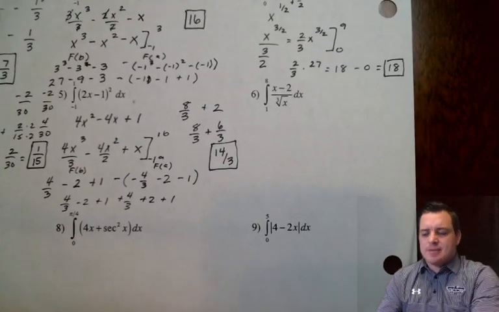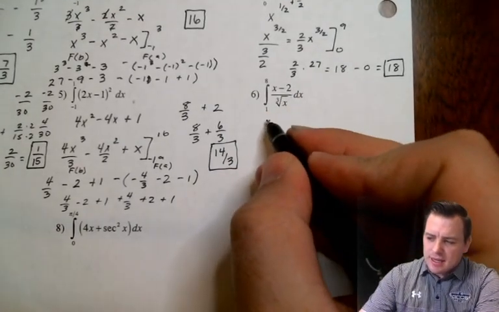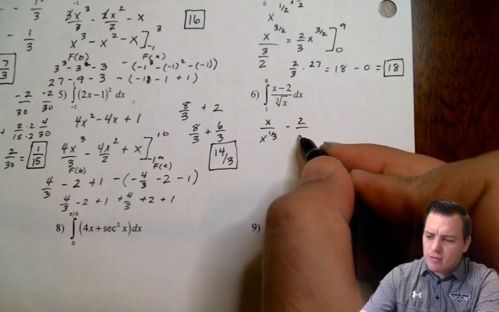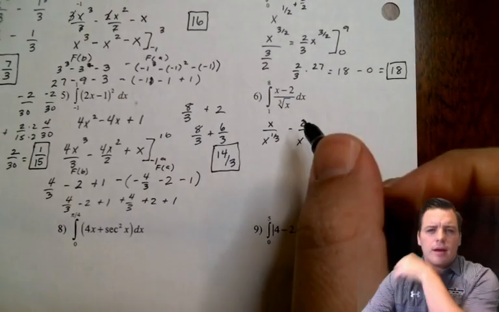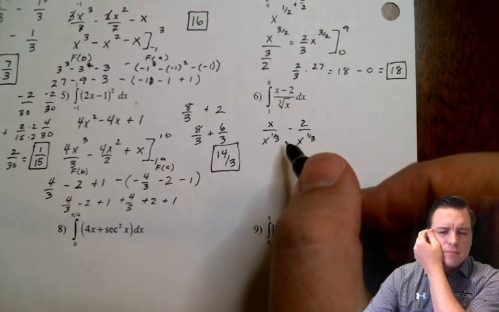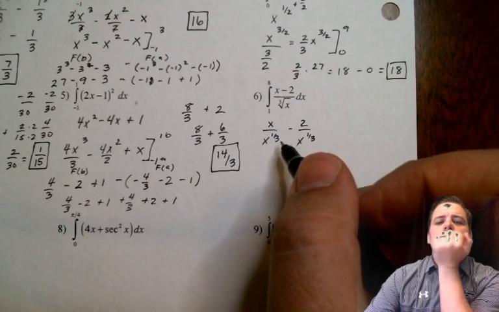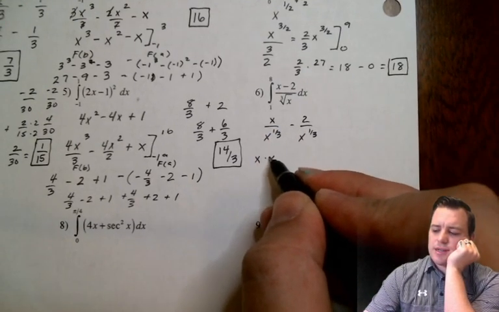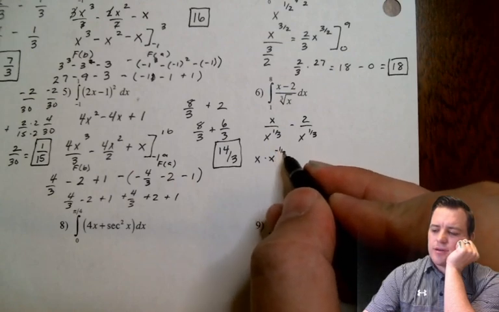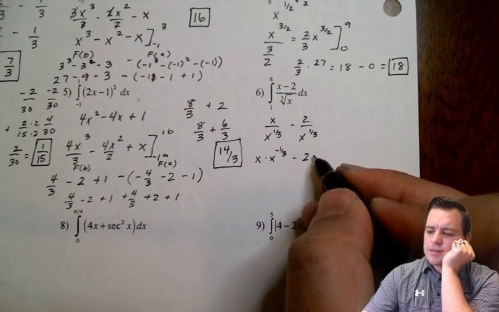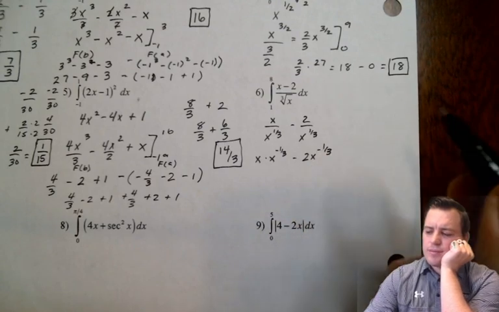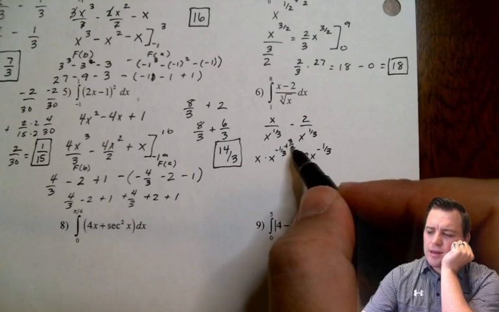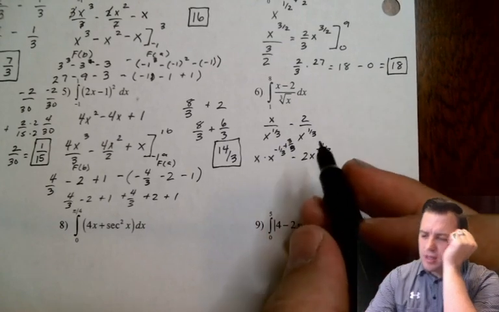Moving to number 6. I'm actually going to rewrite this as x over x to the 1/3 minus 2 over x to the 1/3. I'm going to separate it, and then I'm going to move that x to the 1/3 up. So x times x to the negative 1/3 minus 2x to the negative 1/3. Now when I add 1 to that, that's going to give me